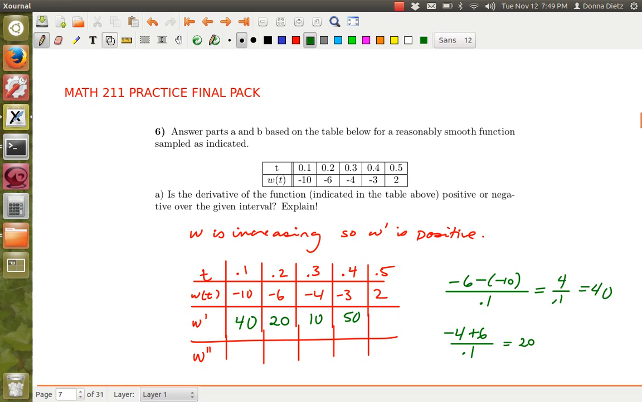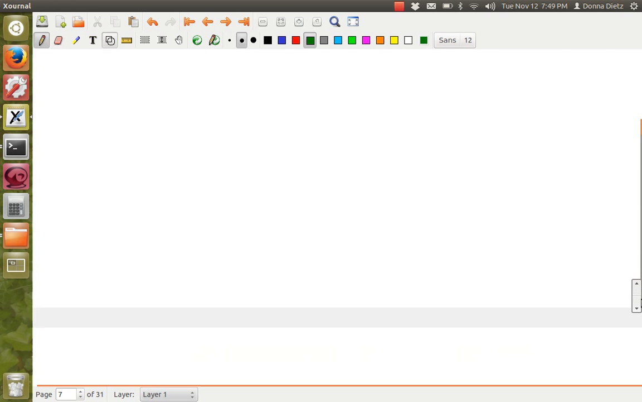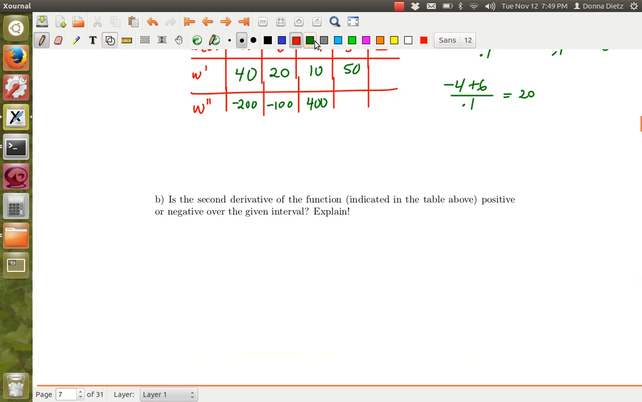20 minus 40 is -20, and times 10. 10 minus 20 is -10, so times 10 is -100. 50 minus 10 is 40. Okay, so it starts off negative but goes positive. So you would say starts negative,